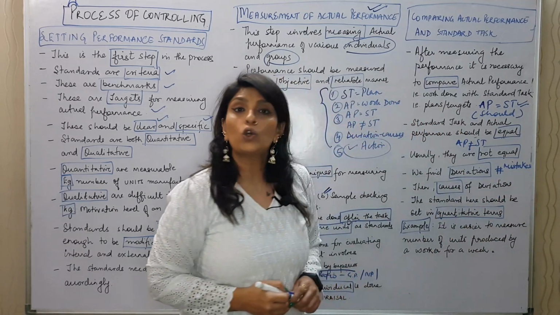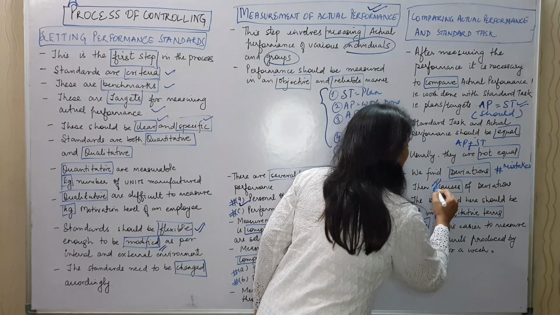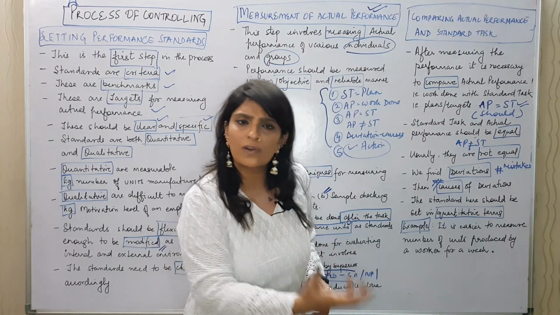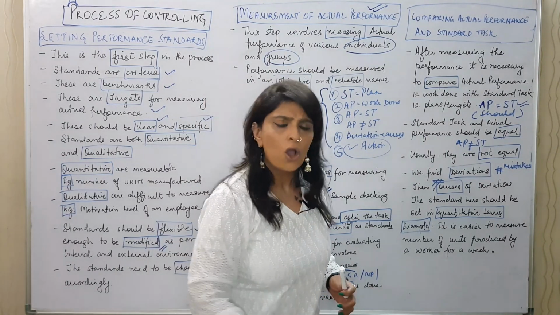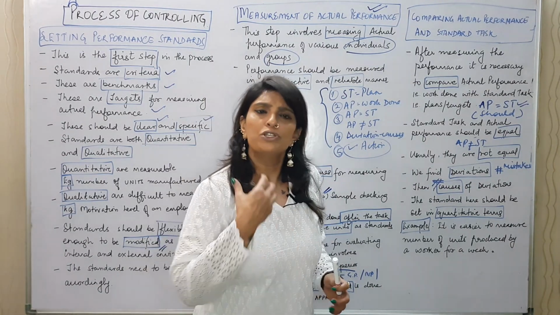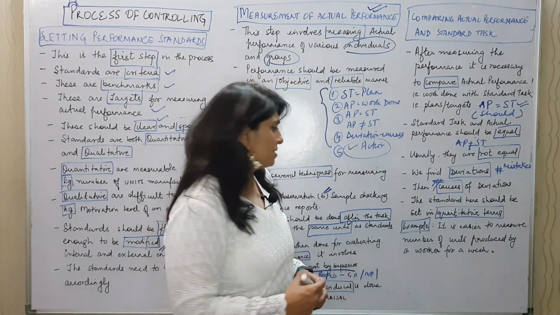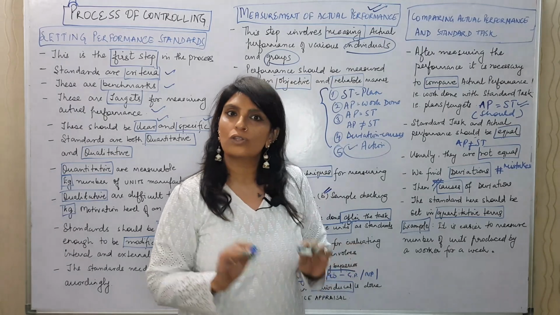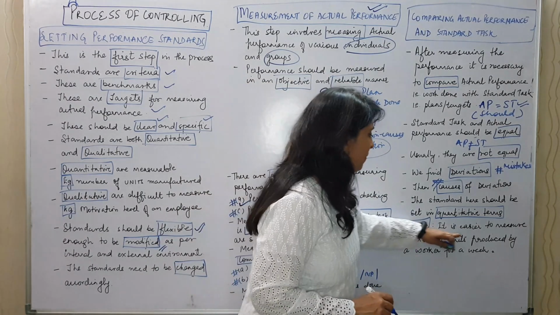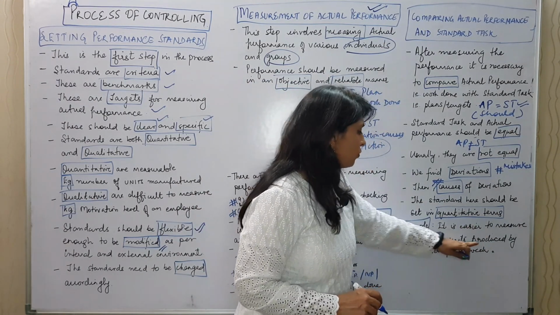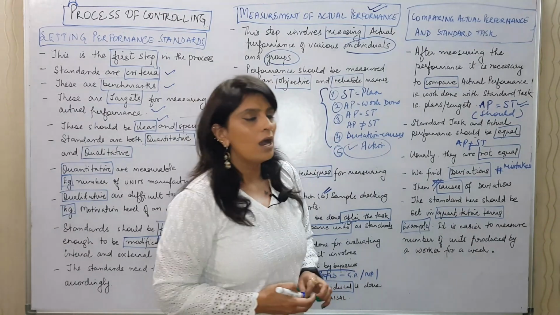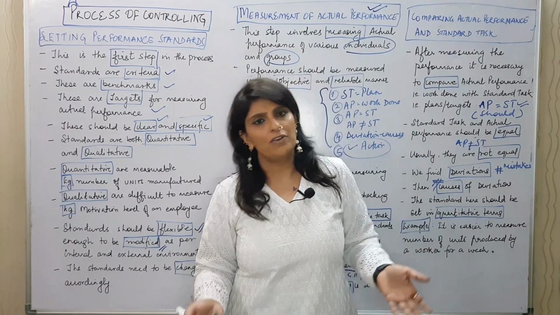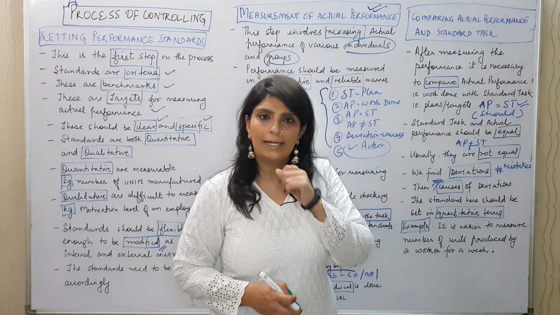Now, you have to find out the causes of mistakes. The causes could be that there was some untrained worker, or the resources were not available, or there was a power cut, or somehow there was a machinery breakdown. Anything can be the reason. The standards here should be set in quantitative terms, of course, so that it's easier for you to measure. For example, it is easier to measure the number of units produced by a worker for a week, maybe 15 days, or a month, whichever way, comparison has to be done.